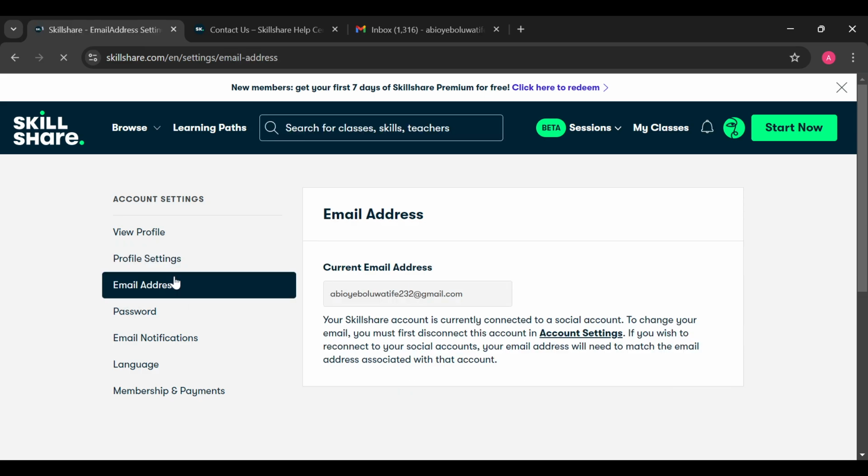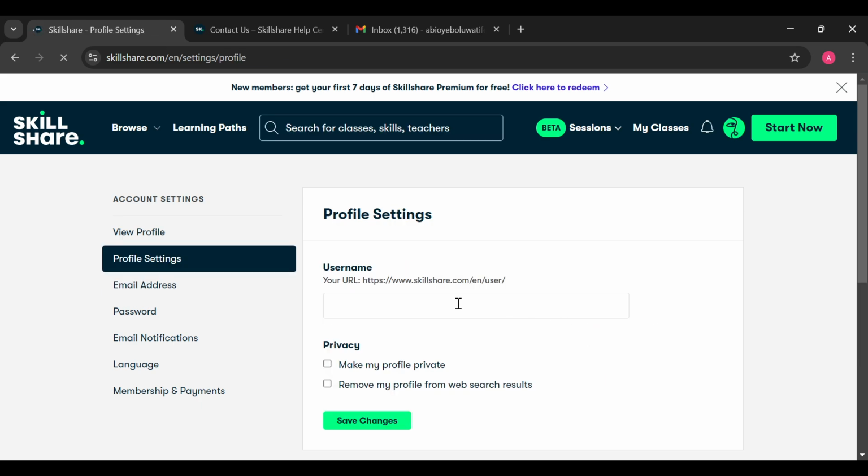After clicking on email address, you will be brought to your email address page, and then you'll see your current email address displayed in the box, and you'll see the instructions that you need to carry out in order to change your email address. So you can see, to change your email, you must first disconnect this in account settings, and also ensure you click on account settings, and so you can now go ahead and disconnect. The reason you cannot see the option to disconnect here on my screen is because I have not